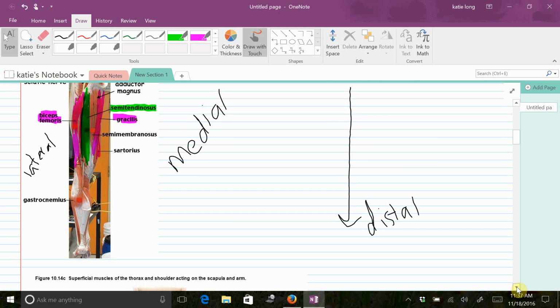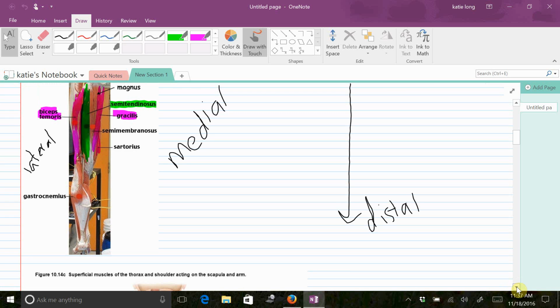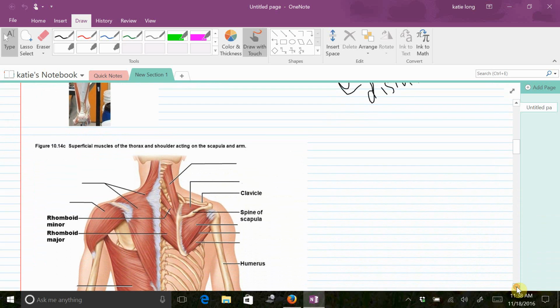Oh, and then, so if the semitendinosus is medial to the gracilis and biceps femoris, then the biceps femoris and the gracilis are lateral to the semitendinosus. So, okay. So moving on,